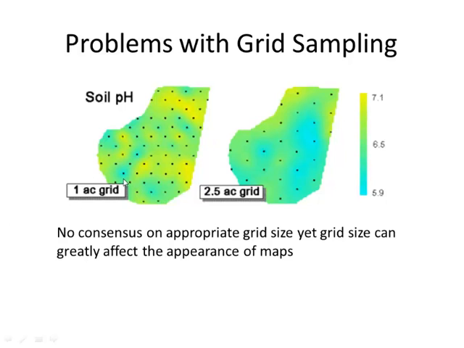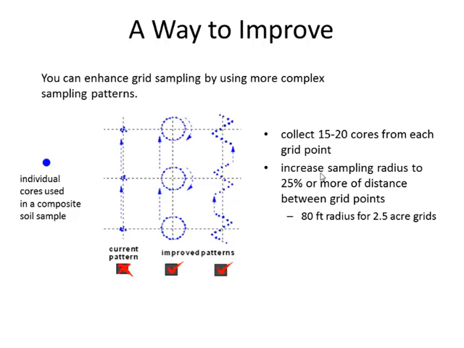Here you see a grid of 1 acre, which is giving a different picture of the field than this one, which has a 2.5 acre grid, which gives also a different picture of the field. So this is something we have to judge, how much we have to pay in order to have a better picture of our field. And this depends on the variability of the field, which most of us know because we cultivate it, we harvest it, we know how it is, so we can judge what we have to do.